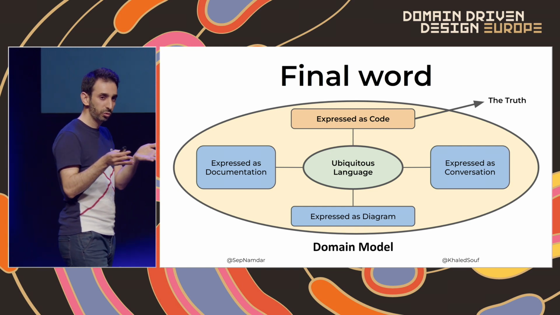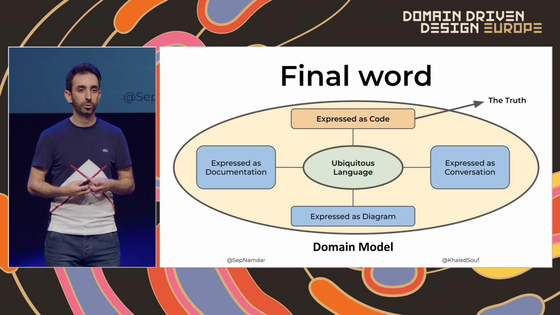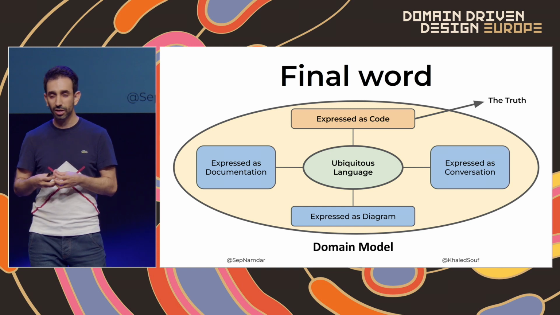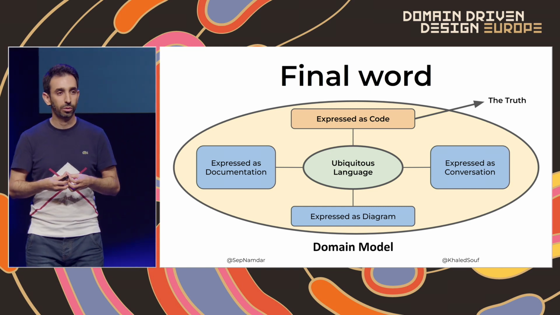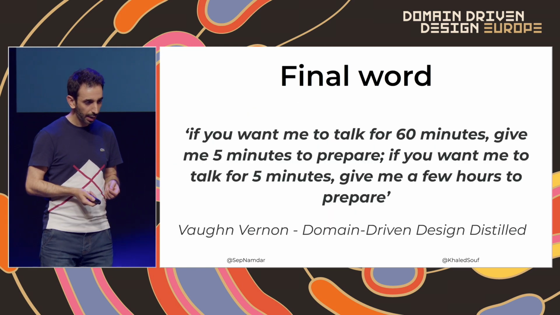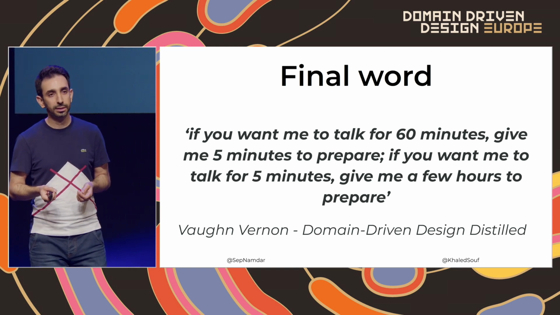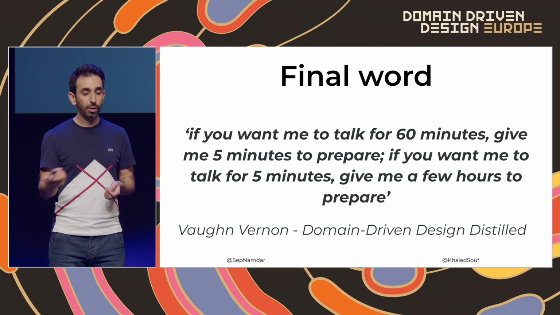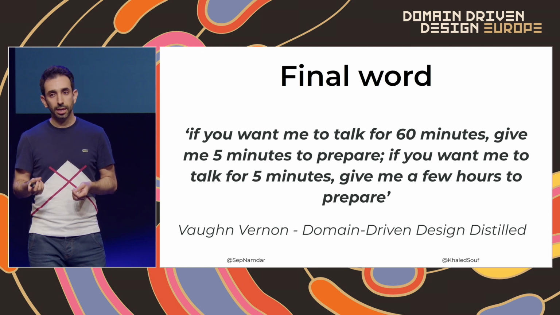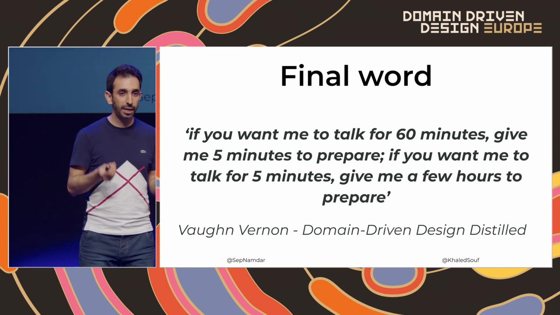So the truth is in your code. You should be able to write code that fits your domain terms, domain names. And as Vaughn Vernon says in his famous book, Domain-Driven Design Distilled,